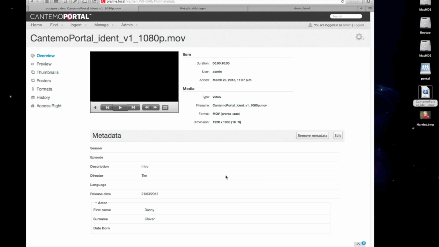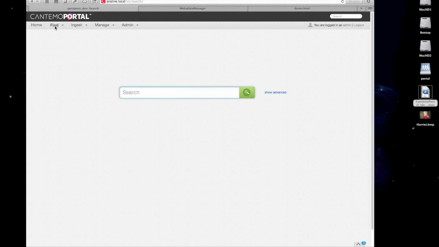So once we have metadata in the system against the items, it's getting indexed in the background, and we can now take advantage of that. You might have seen the search form when we first logged in. This is a keyword search that utilizes the Enterprise Solr search engine underneath. It's capable of extracting all the metadata from the items. It understands our metadata groups and schemas. It can create search suggestions based upon the keywords. And it can even understand that we have timed metadata, so metadata with distinct in and out points against the media. So for example, if I do a search for clouds,